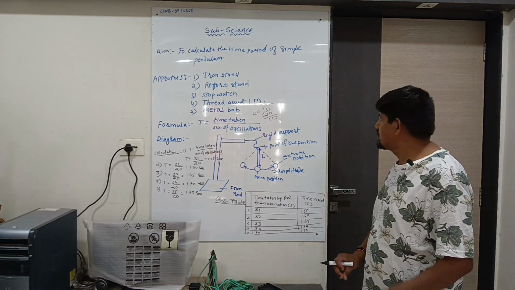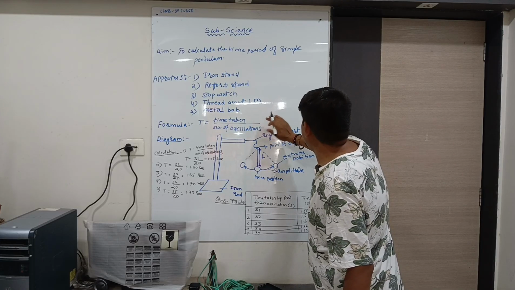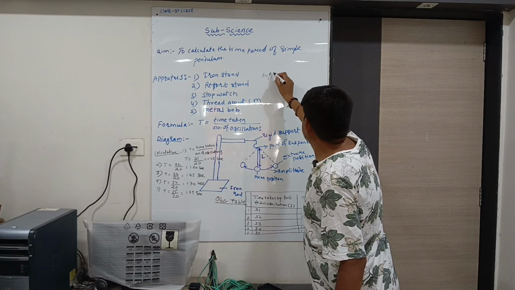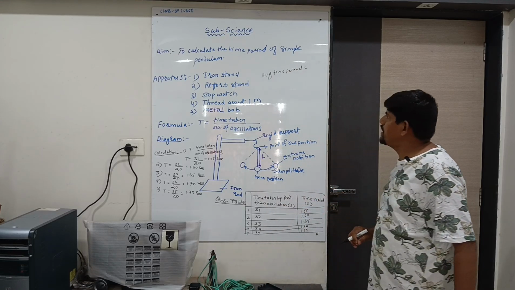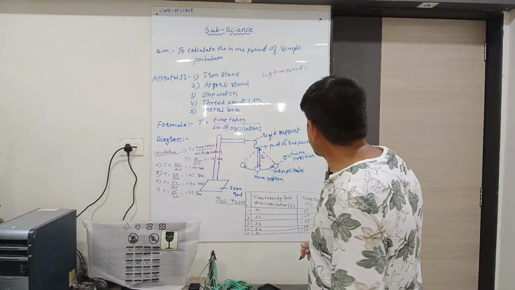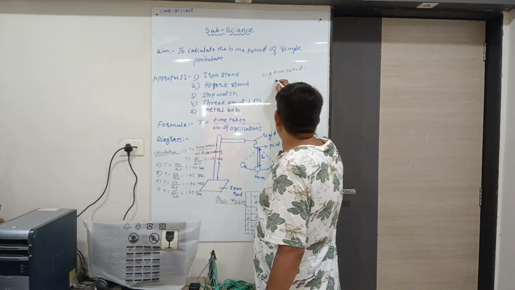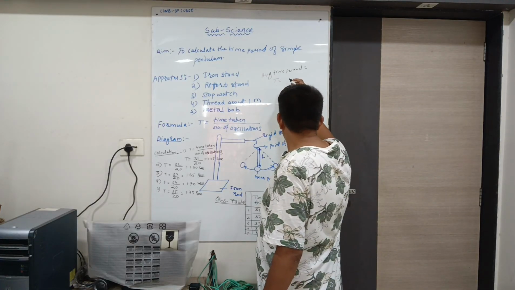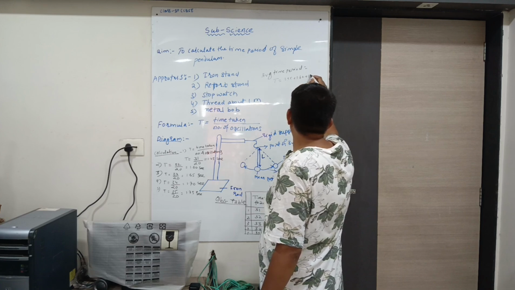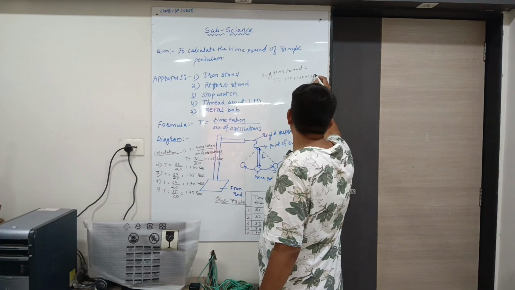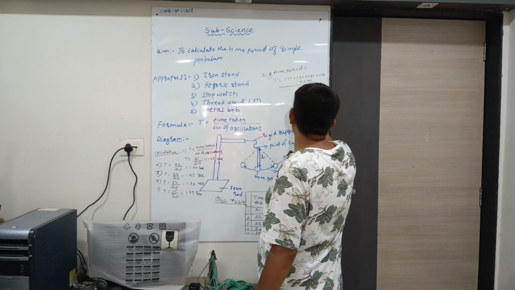Then we will get the time period of the simple pendulum. So the average time period is equal to the average of all the observations. So t equals 1.55 plus 1.60 plus 1.65 plus 1.70 plus 1.75, divided by